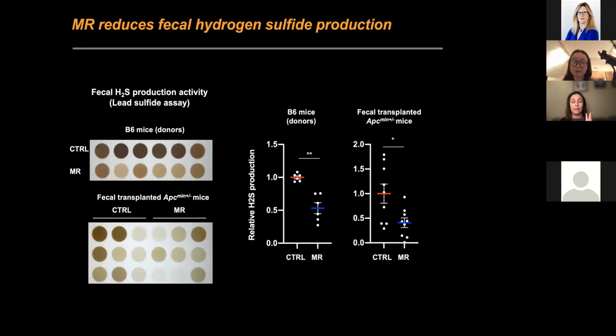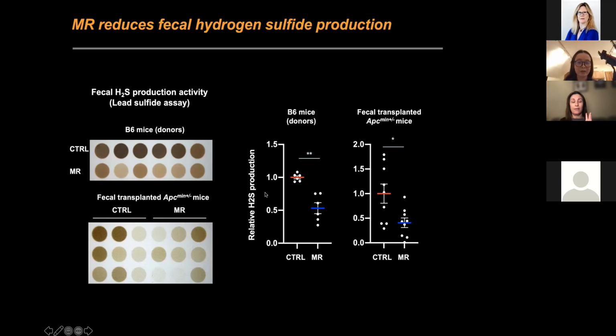Our next question is, how does the gut microbiota impact T cell function? We decided to focus on metabolites because they are a direct product of dietary intervention. We did a metabolomic analysis of fecal metabolites, again in collaboration with Jason Snipe at Duke. He was able to find a number of changes in donor mice, but none of these changes were preserved after about 3 weeks of fecal transplantation.